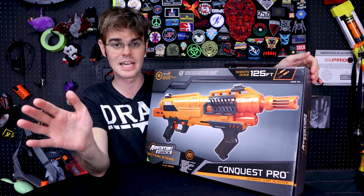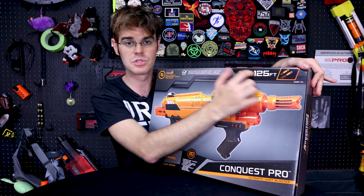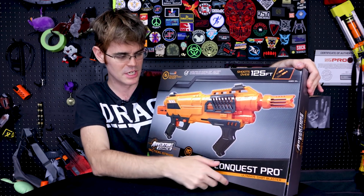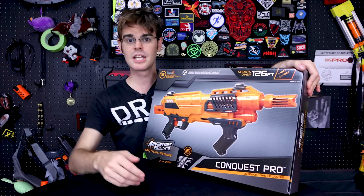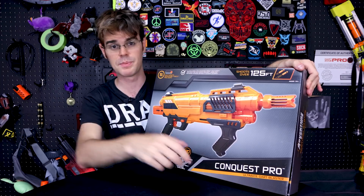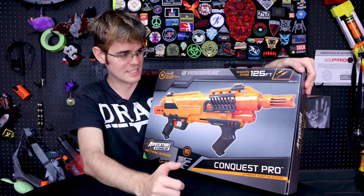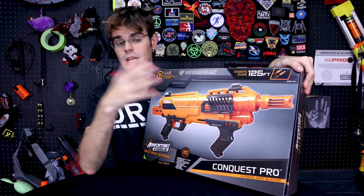It's gonna be a lot like the Nexus Pro if everything is true to form. It is a half-length blaster that shoots over 125 feet and uses some of the best darts on the shelf right now in the form of the AF Pro darts. It says down here, Conquest Pro followed by Ultimate Dart Blaster, which is, again, a little bombastic, a little on the nose, but hard to argue with, especially in 2021 when nobody else is doing anything remotely as cool as these performance-based blasters coming out of both Walmart, coming out of Target, and then hopefully later on in the year